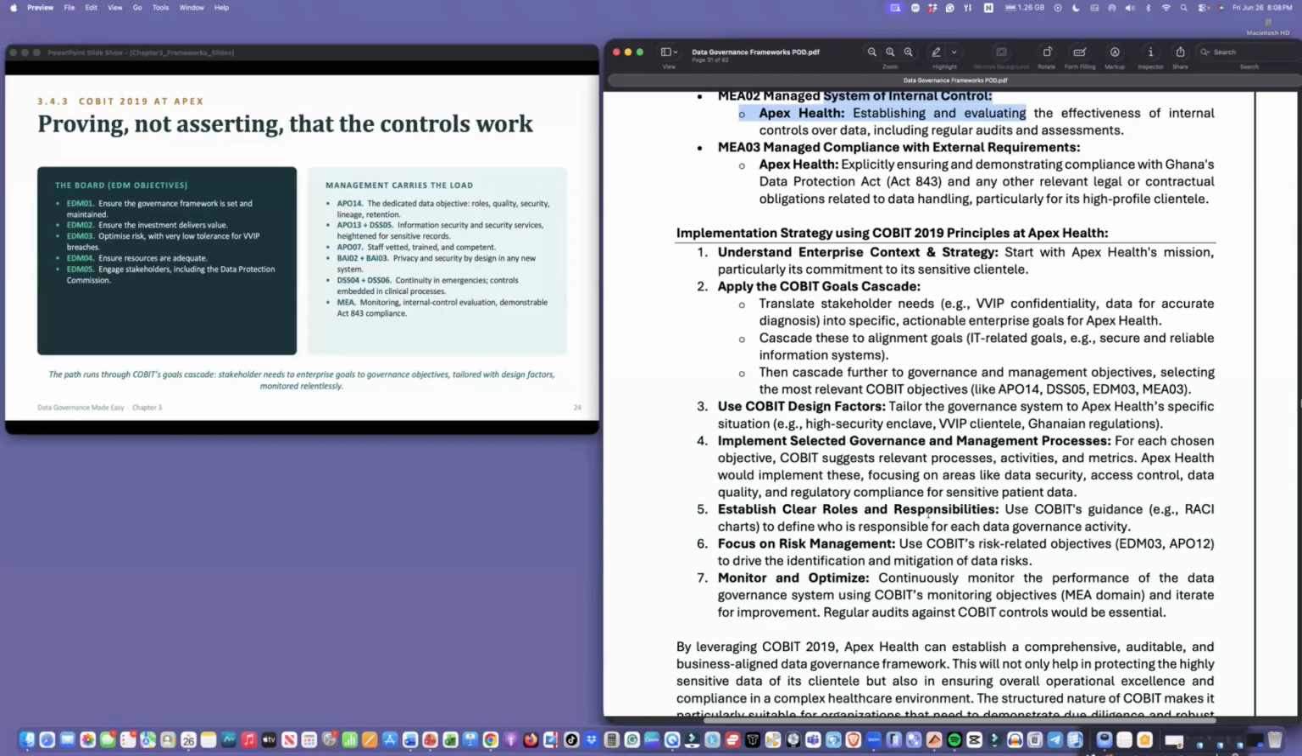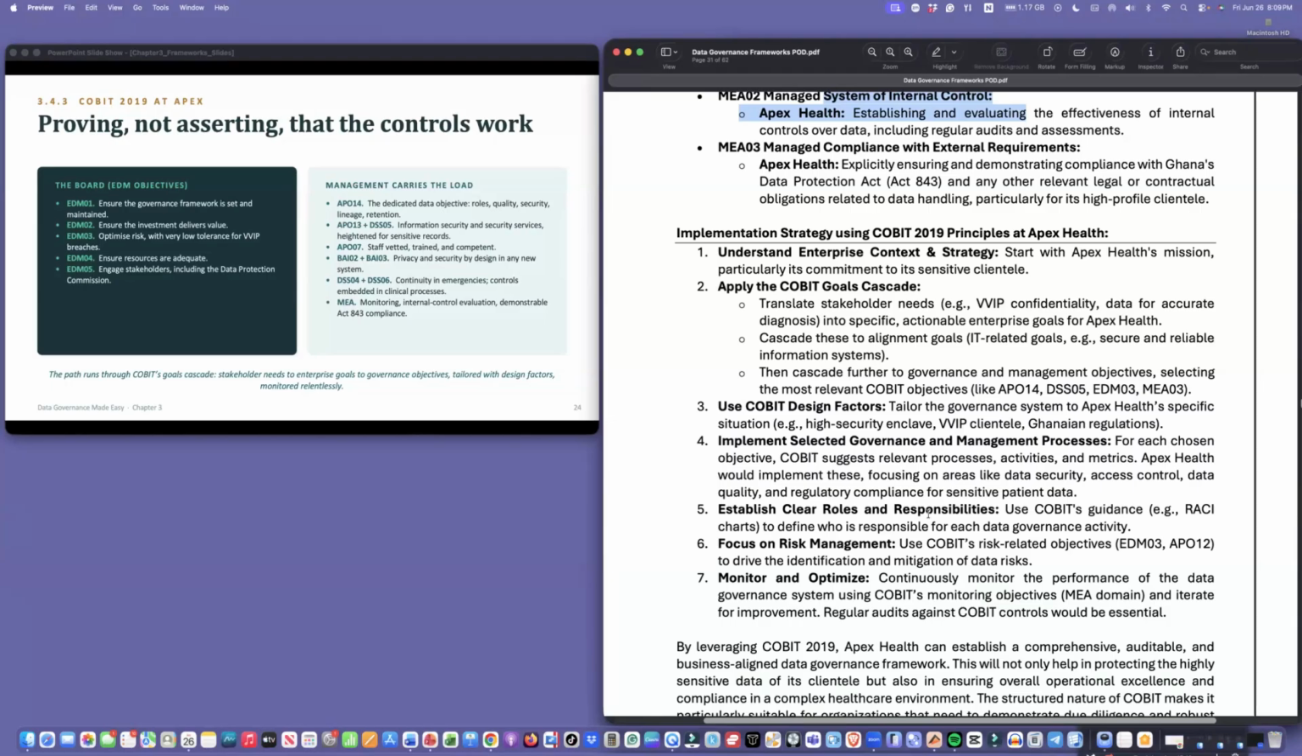Okay, so then you have to look at the design factors and you tailor the governance system to Apex Health's specific situation: high security enclave, VVIP clientele, Ghanaian regulations, and sometimes there may be international regulations as well, because presidents receive visitors. Implement selected governance and management processes for each of the chosen objectives. COBIT suggests relevant processing activities and metrics. For each of those things I mentioned, APO14, COBIT has its own guidance